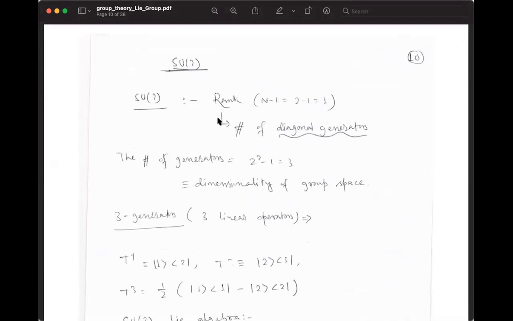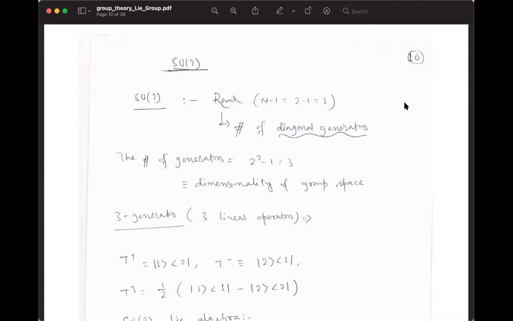Yeah, so today we talk about SU2 as an explicit example, where we can show that SU2 is somehow related with quantum mechanics, this angular momentum concept, and that will be helpful to understand the quantum mechanics, the algebra, and the angular momentum part from the symmetry point of view as well.